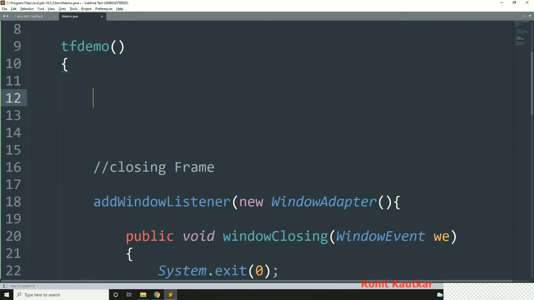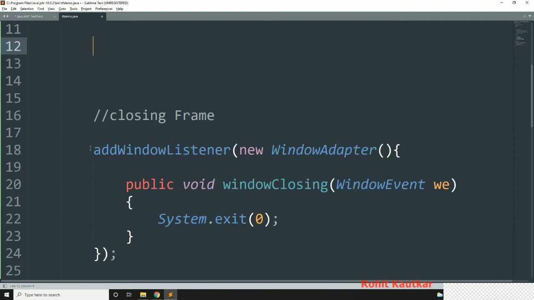Regarding these statements, here we are using add window listener for adding window listener to this current frame, and here we are using the window adapter class. Why are we using window adapter class? Because window listener contains n number of methods related to window event handling, and we don't want to implement all those methods. As it is an interface, you know that if you are implementing an interface, then you need to specify all methods within your class, whatever is available within the interface, but we don't want to do that.